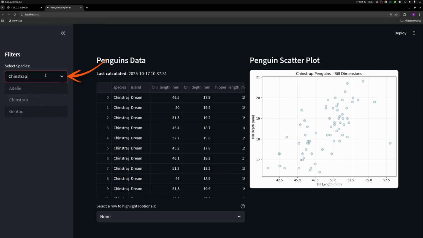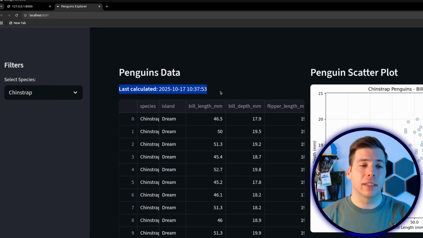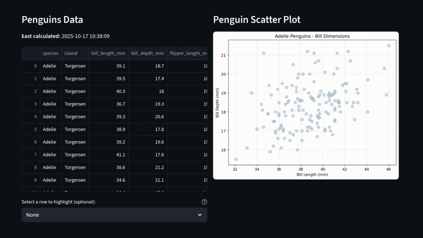Also, we have a filter here. So basically it's the exact same app, but one thing that I changed was that I also added a timestamp into this app here that's called last calculated, and it shows us that this stuff was updated at this exact point in time. Now, if I change the output or change the species that is selected, then we see that the timestamp changes. And also if I click on a different row, I want to have row 21, we always see that this